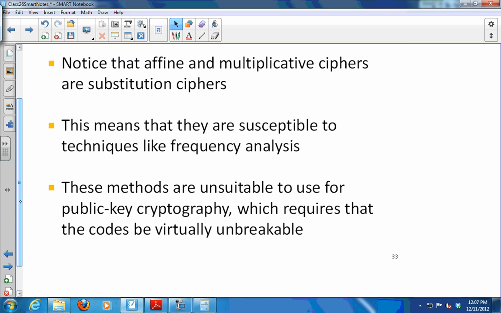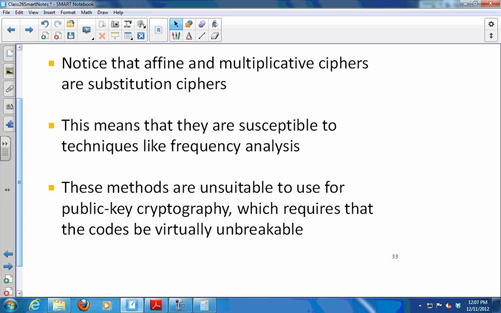So affine and multiplicative ciphers are actually substitution ciphers. They're susceptible to techniques like frequency analysis. So they're unsuitable for public key cryptography. I just wanted to show it to you because it gave an example of how it's difficult to figure out the decoding key. Okay. Public key cryptography is going to require a code that's virtually unbreakable